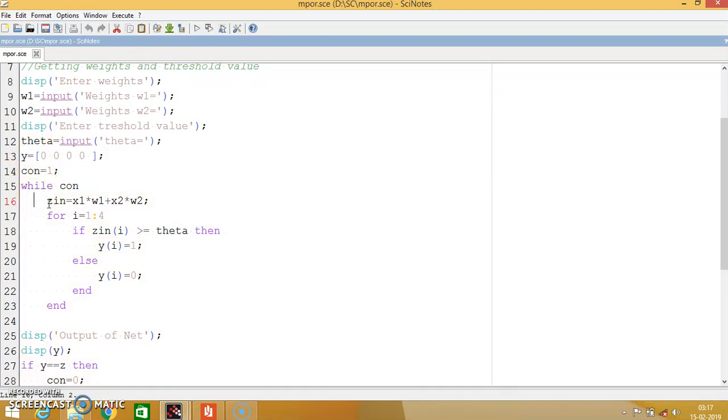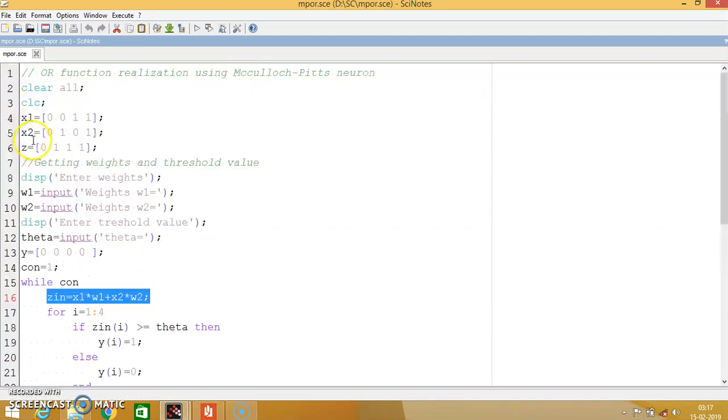Next, we have to find the Z-in, which is equal to x1 multiplied by w1 plus x2 multiplied by w2. Here 4 Z-ins will get displayed, because we have the two weights and x1 and x2, with 4 training pairs from i equal to 1 to 4.